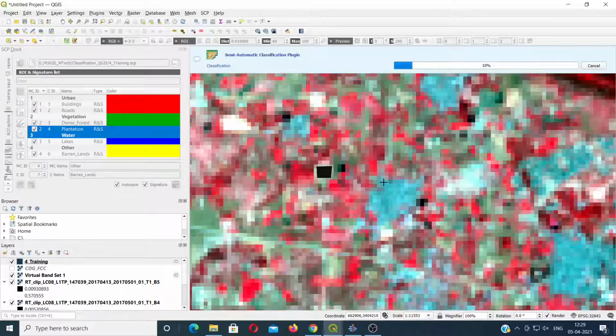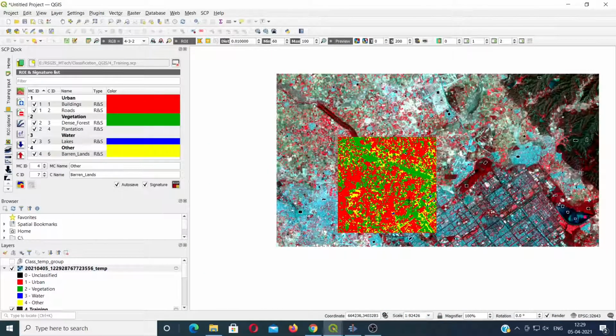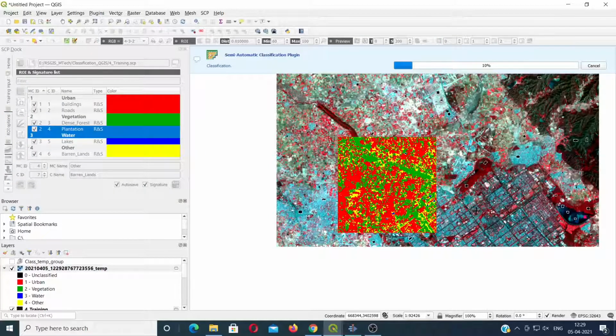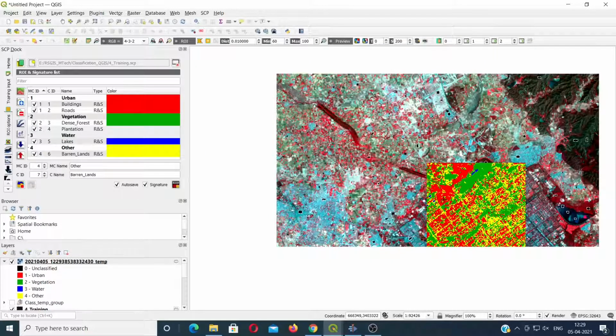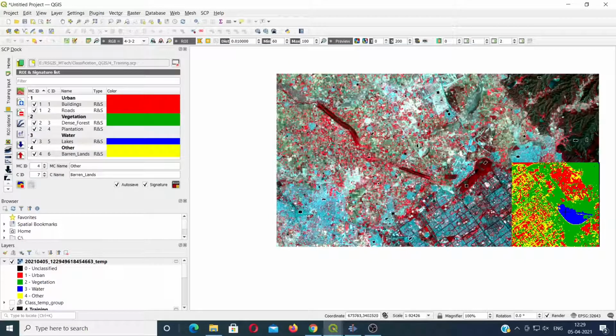If you click on this and if you click on the image wherever you want to see how the classification has been done, this is how the classification is showing for this particular area. So here we can see the urban area, and green is nothing but vegetation, blue is water, and if we click near the lake area, now we can see the lake is completely classified as water, that is blue color, and surrounding it you have the urban area and other green area. So this is how we do the classification.